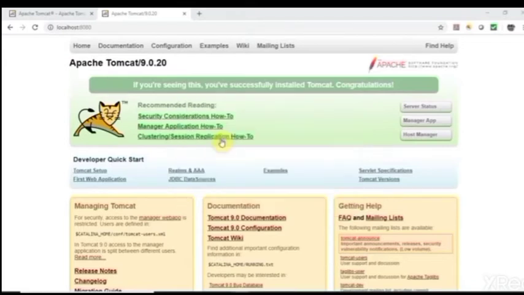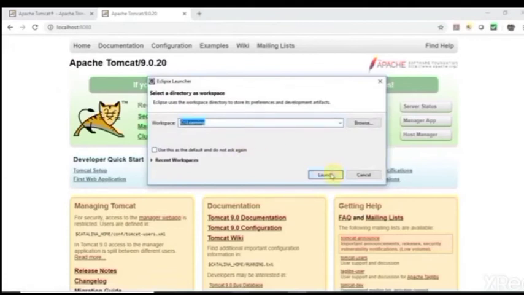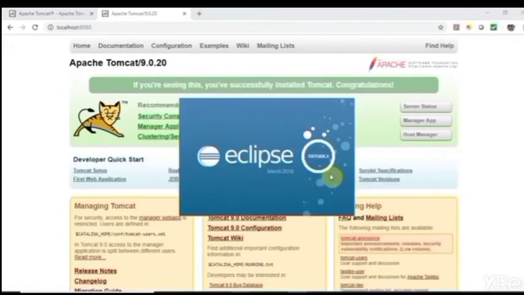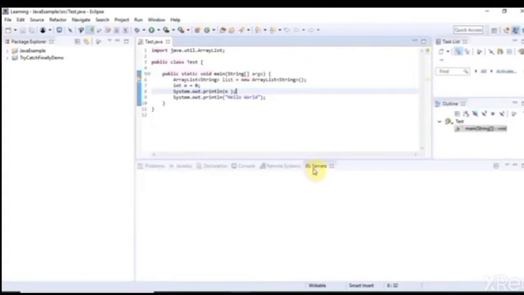Then you go to window. The server is running here.